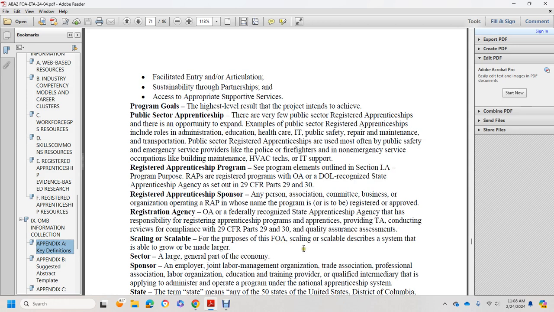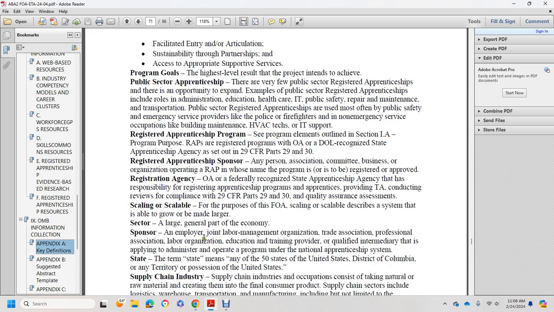Scaling or scalable: for the purpose of the funding opportunity announcement, scaling or scalable describes a system that is able to grow across a large sector or a large part of the economy. Sponsor: an employer, joint labor-management organization, trade association, professional association, labor organization, education or training provider, or qualified intermediary that is applying to administer the program